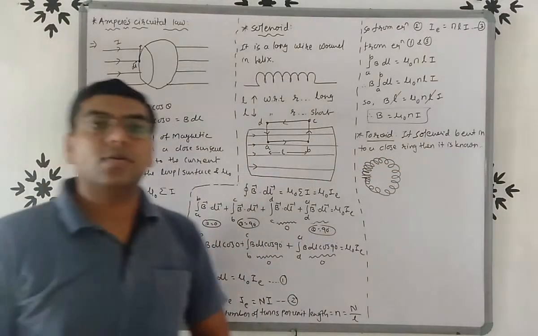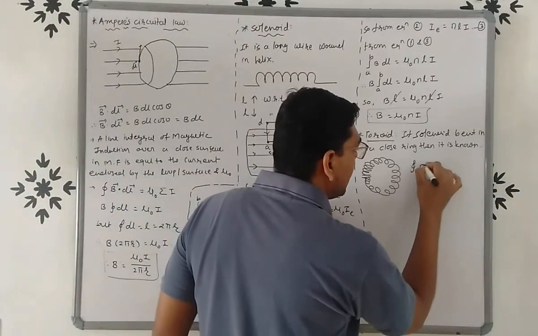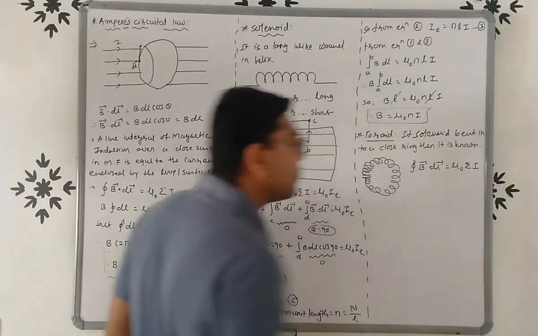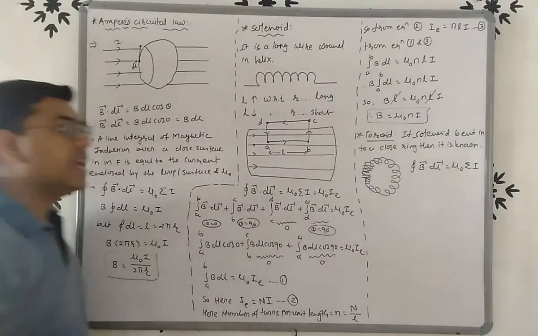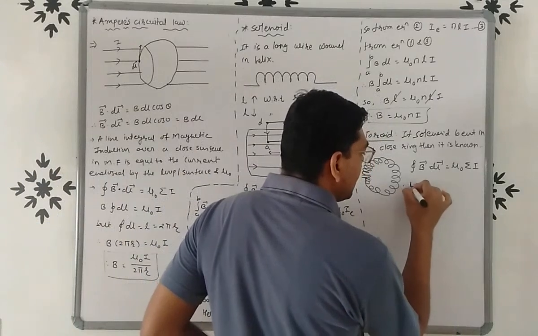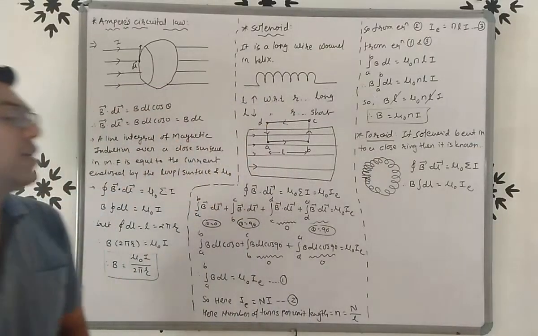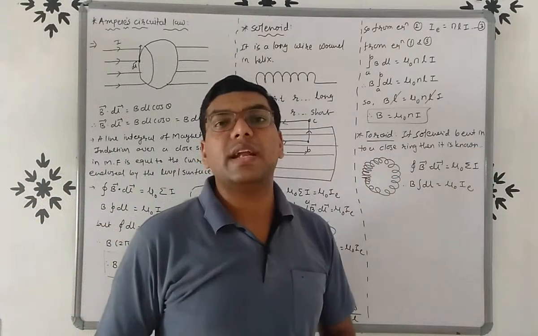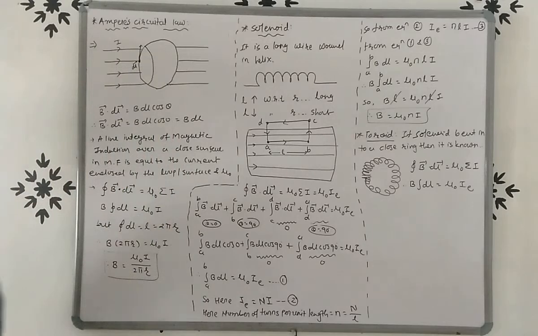Now we have to find out the formula of magnetic field for this toroid. So once again we use the Amperian circuital law. B dot dl is equals to mu 0 sigma I. Right. Now once again the direction of B and dl are the same. So B integration dl is equals to mu 0 I E. Right. The angle between B and dl is 0, cos 0 is 1. So B integration dl is equals to mu 0 I E.